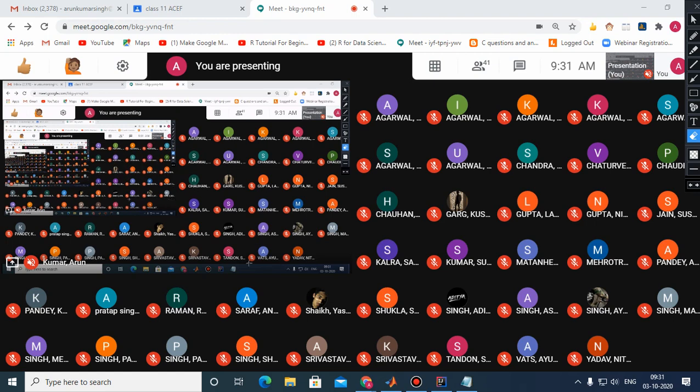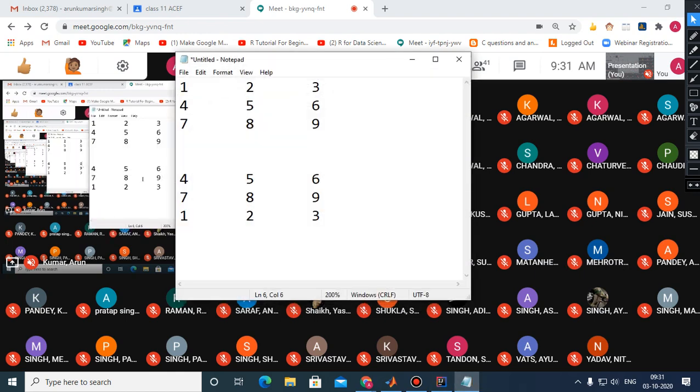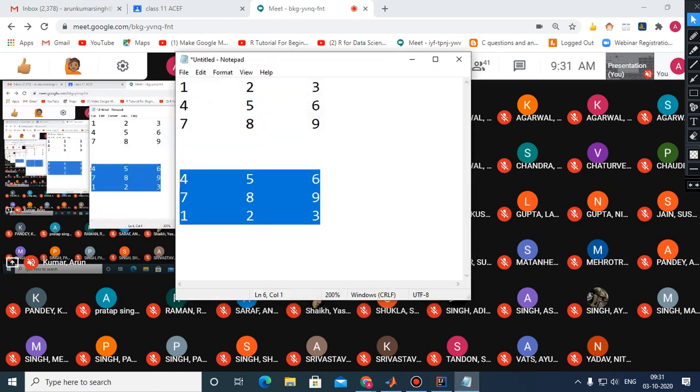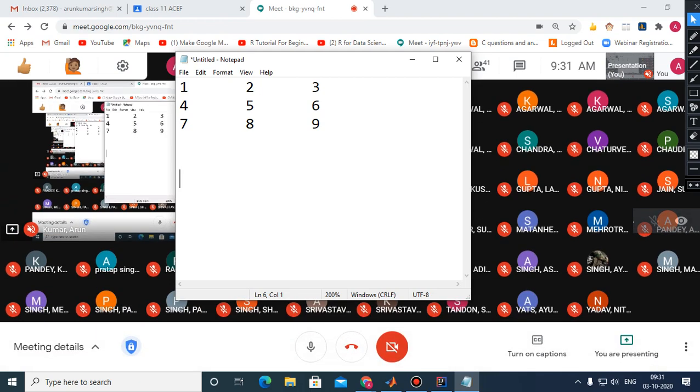Okay, now one more question I am giving, so all of you please try. And this time, children, you have to swap the columns. You need to swap the columns. So for that, what will happen?